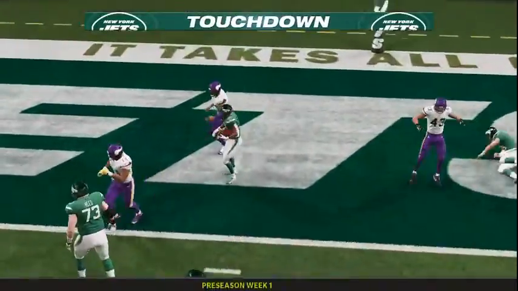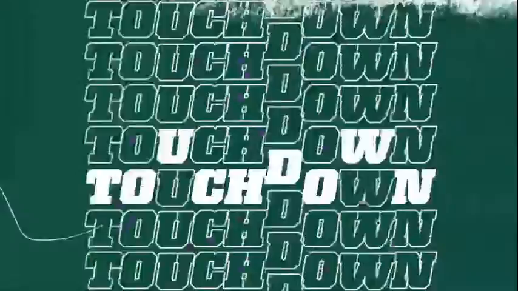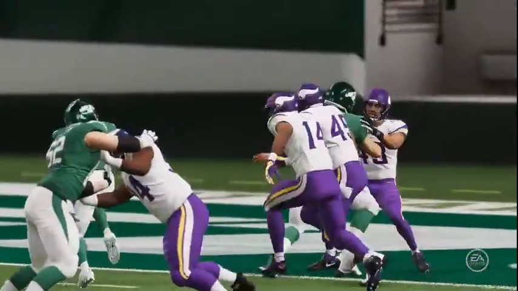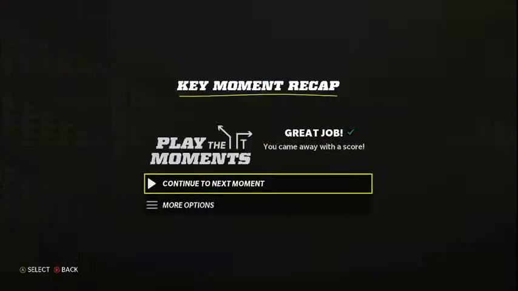Another run on 2nd down with Carter. And he's in. Touchdown, Jets. Michael Carter. A 6-yard touchdown run. And the Jets capitalize on the short field as they take it in for 6. Well, they had their chances in the...